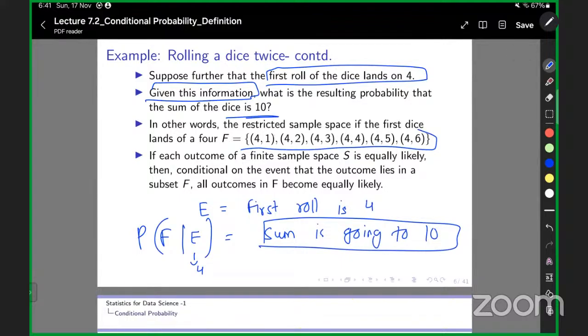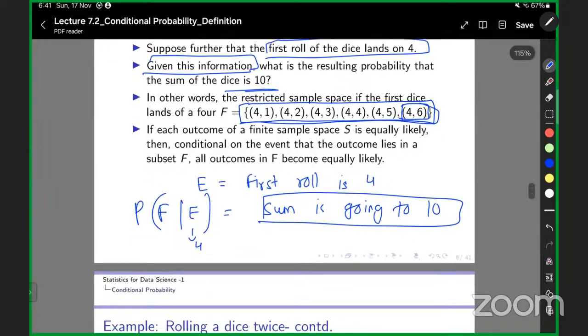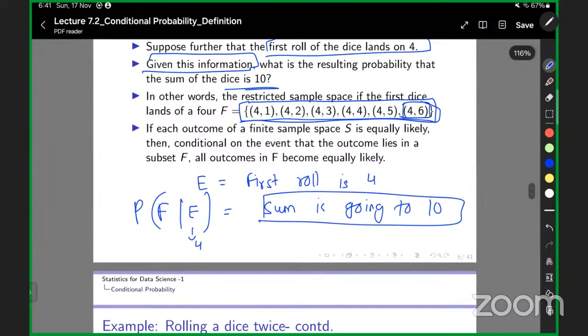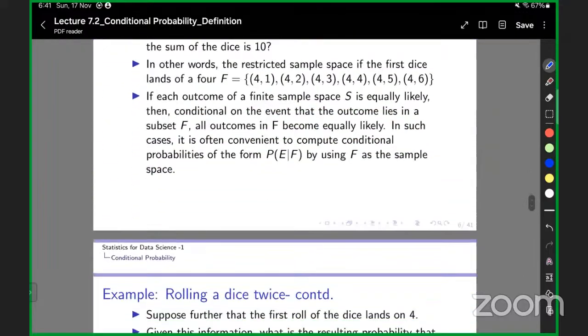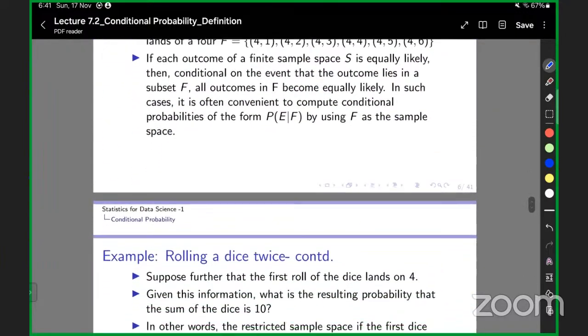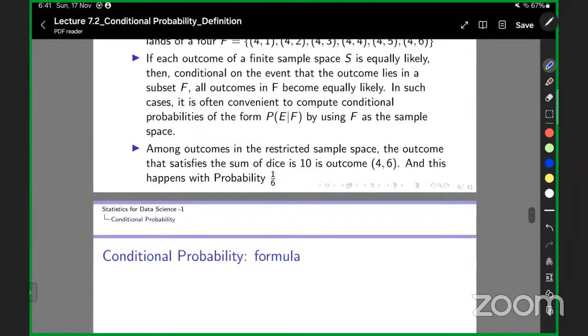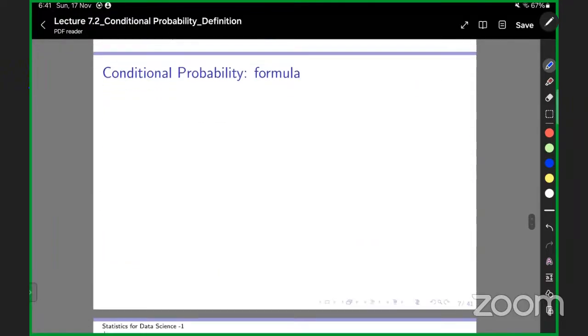So in all these 6 scenarios, there is only one way to get 10, which is 4 comma 6, because initially we got 4. If 6 comes on the second roll, then only I'll get 10. So you can write the probability as 1 by 6